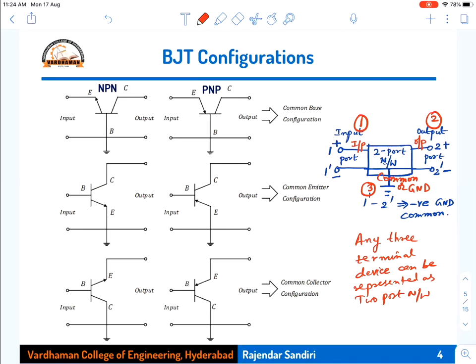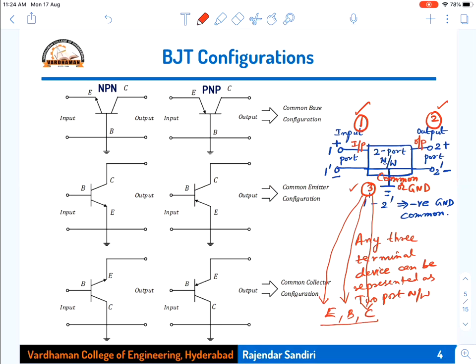Okay. This three-terminal transistor is there, right? It has emitter, base, collector. Three terminals are there. So out of these three terminals, you choose one as one, one as 2, and the other as 3. So which terminal are you taking as common? For the third terminal, you can have either the emitter, or the base, or even the collector. So which one do you want to keep common among these three?